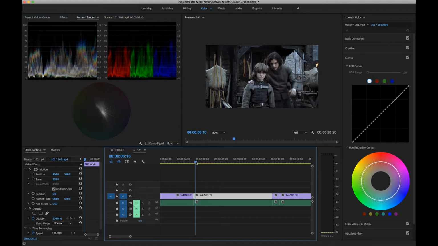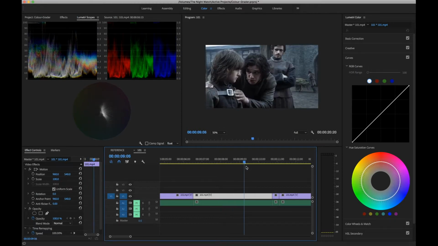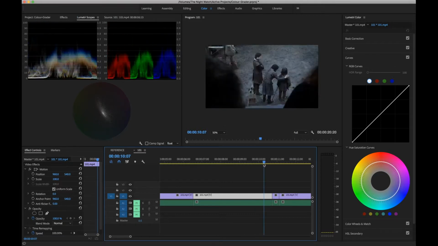That's what I mean by balanced and neutral. When you put a grade on, these jump apart quite significantly because it's being pushed artificially to one position, either up here or down here. Obviously it can be pushed in other places, but in Game of Thrones, those are the positions. Neutral,